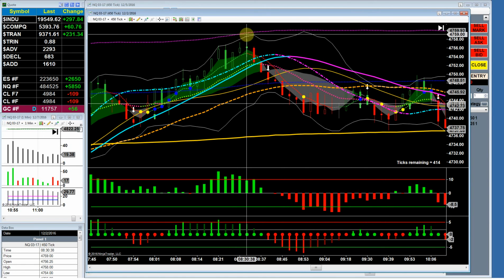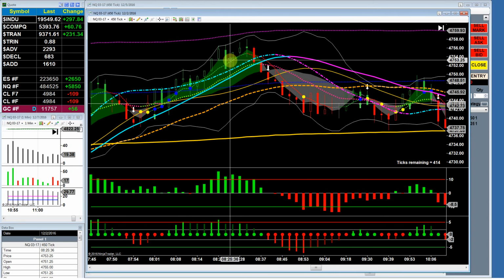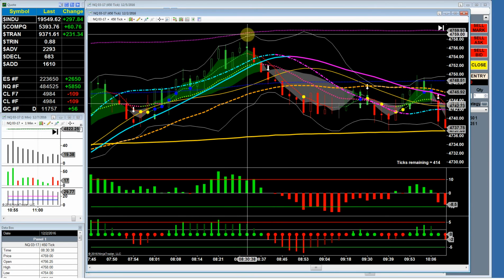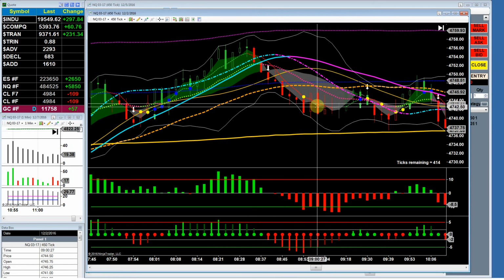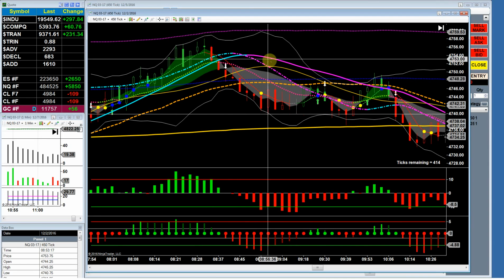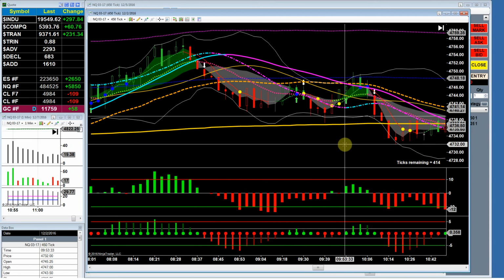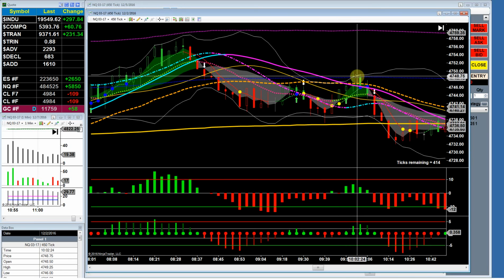And then, of course, after tapping up here at the magenta line, they're magnetizing. Again, you should be aware that once they do this, they're going to be magnetizing back towards the gold line again. So look what happened. As they went up there, look at that, came exactly back to the gold line and stalled, bounced back up to the blue level,